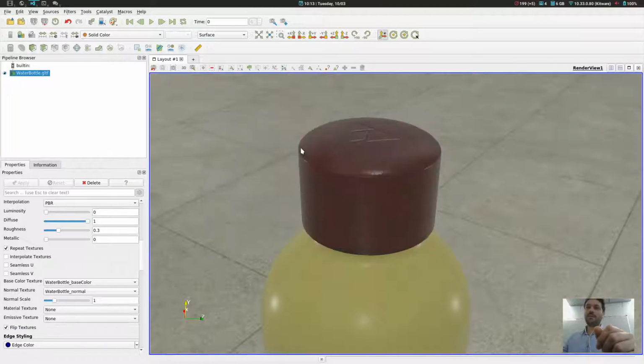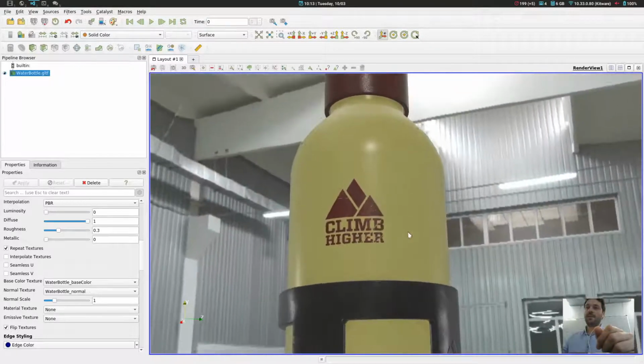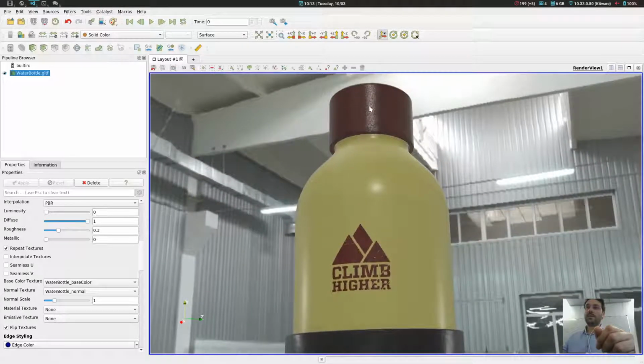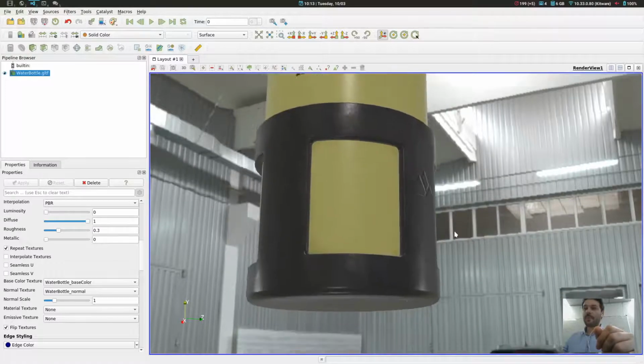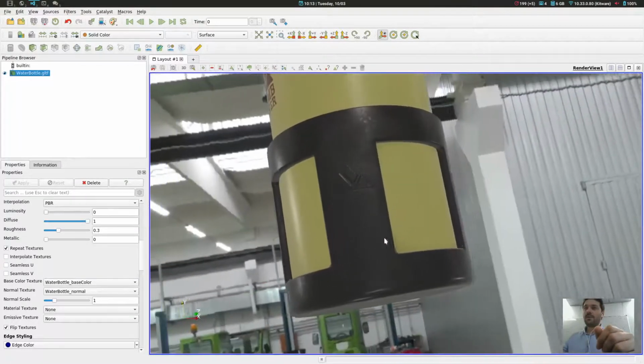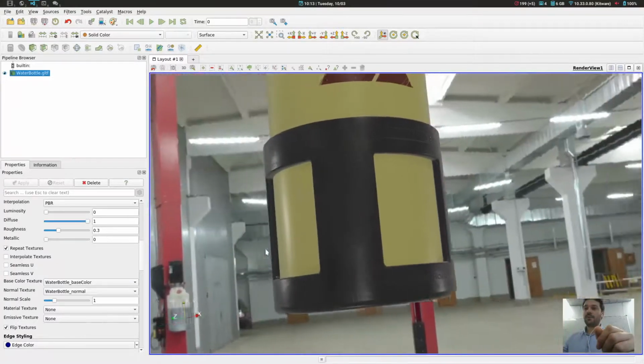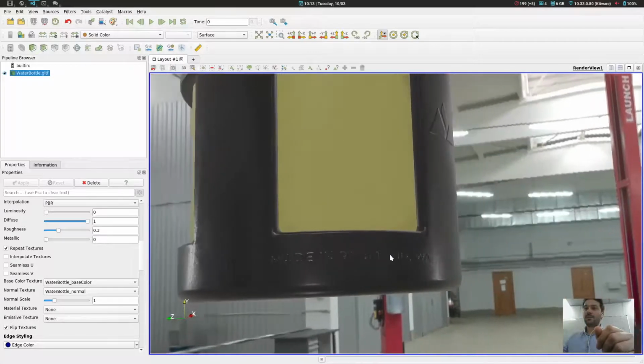Let me choose it. Here we go. So we have now more detail on the object with all these textures. There is some kind of point or grain here. It is adding a lot of detail on the object. You can see here on the text.